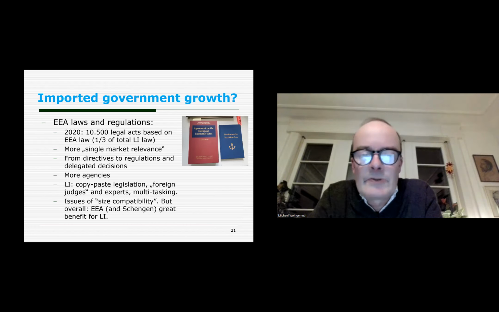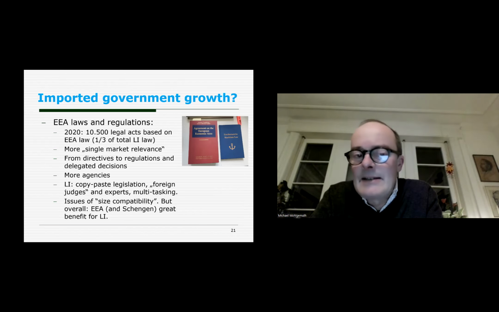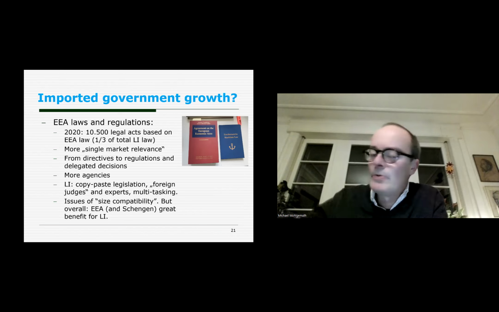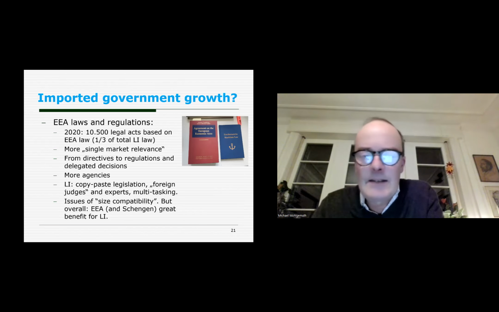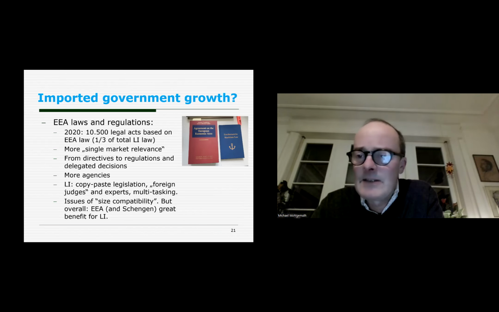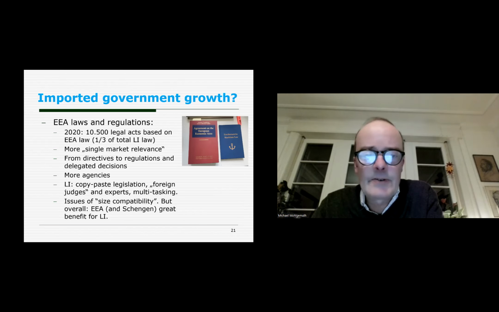And of course, it does not imply the whole acquis communautaire of the European Union, but more and more, and that's becoming a problem. More and more European legal acts are seemingly having a single market relevance and are important to support the four freedoms, whereas this might sometimes be dubious. It includes taxes and social insurance and stuff that from a strict subsidiarity point of view are not necessary to have free and fair trade.